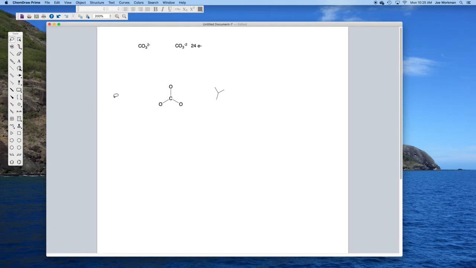So where do you get your lone pairs of electrons? Well, they're actually right here in this submenu. So here's the lone pair of electrons. You could, of course, just type periods, but that gets tedious. So I can have a lone pair of electrons anywhere I want. And I can rotate them so that